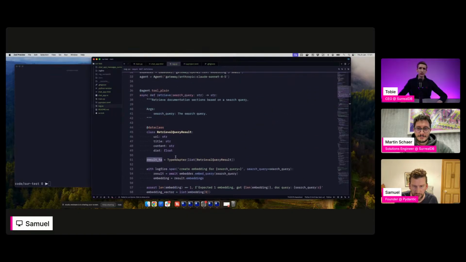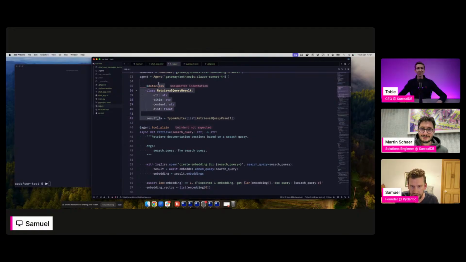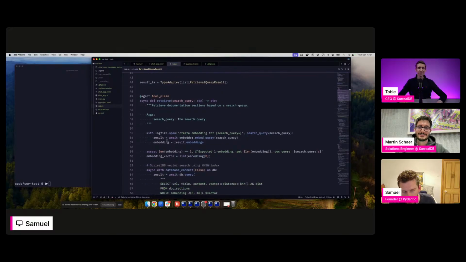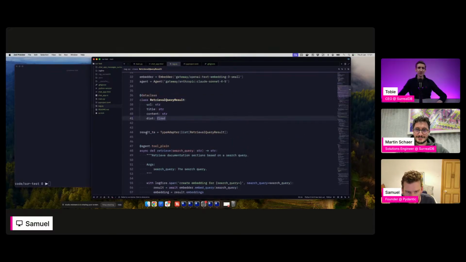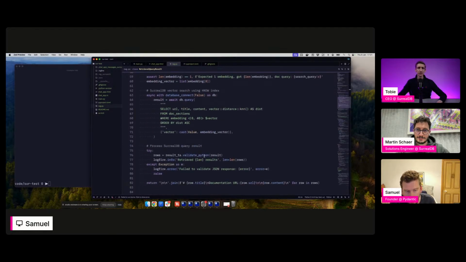So we have here a type adapter, which is defining our list of retrieval values. I'm sorry, as a Pydantic developer, I have to note I should have put this outside the retrieve, because building the schema is a little bit slow here. But the point is we have a type adapter for the list of query results, and we are validating the Python object we got back from the query.